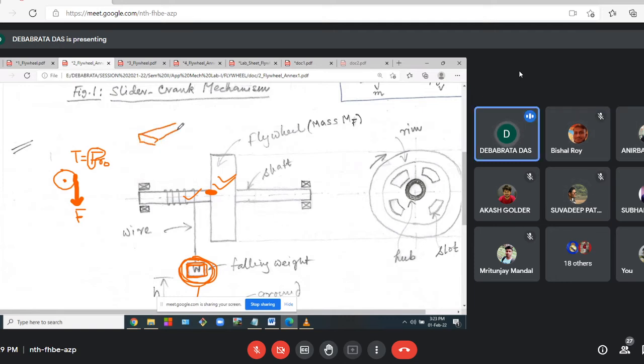So this type of element is there, a key. It is inserted into a hole, and these are tapered, so that when it is fitted rigidly, due to that friction the two are rigidly connected. It is fixed inside this slot. There's a tapering. You will learn this thing in machine design 1. In fact, in this semester, you are studying machine design 1.